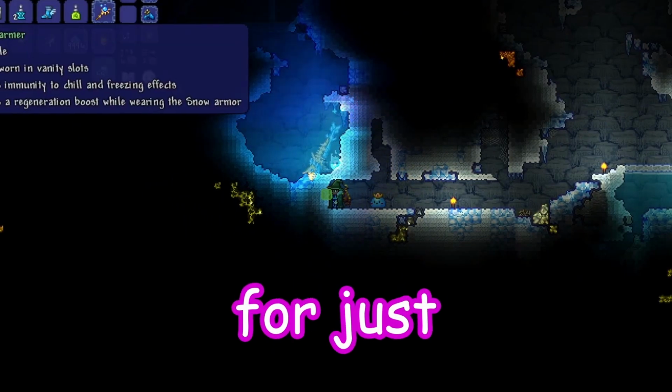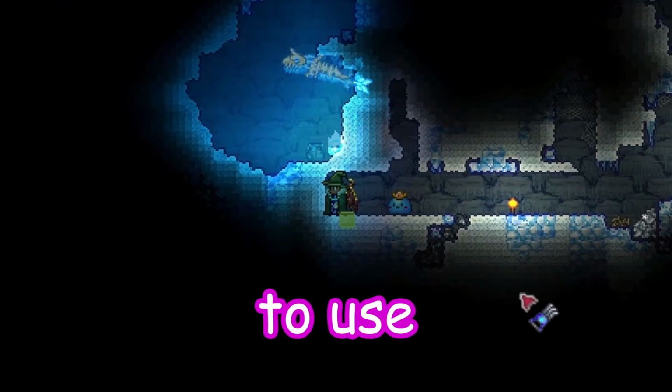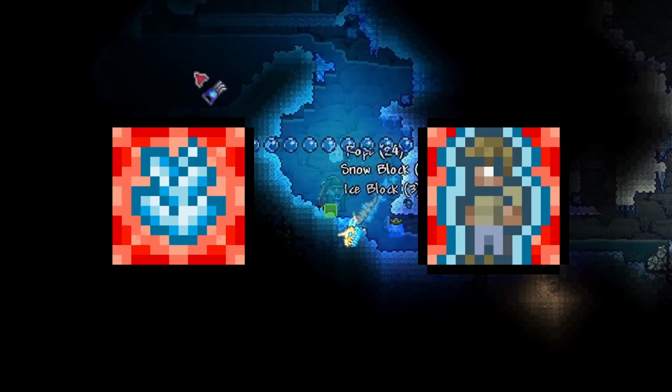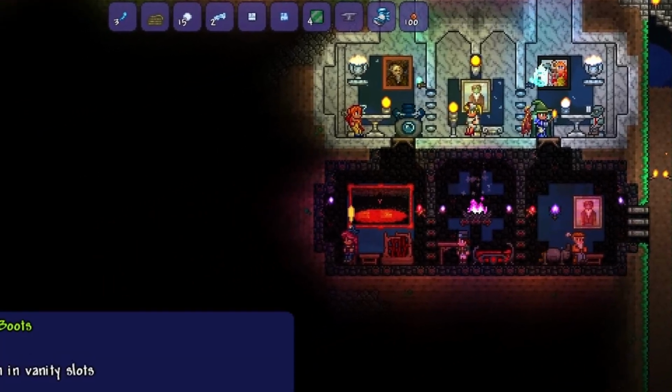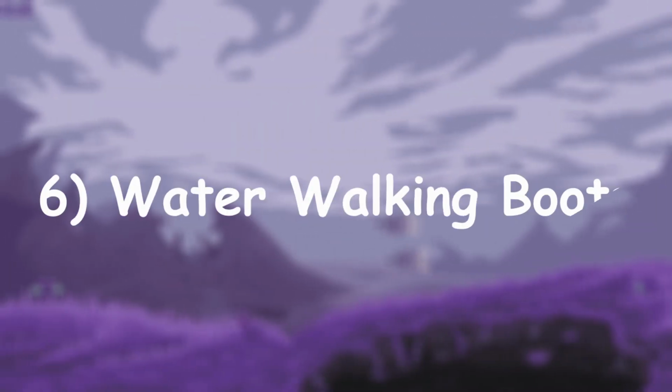It's not worth the grind for just the ice skates, but if you've happened to get it accidentally at some point already, it's great to use, since it provides immunity to the chilled and freezing debuffs of the underground snow biome. After you find the ice skates, combine them with the lightning boots to get the Frostbark boots. Congratulations, you're halfway there. We have 4 more items left to go, so starting off at number 6, we have